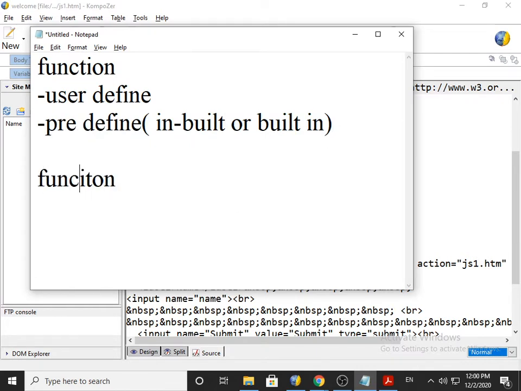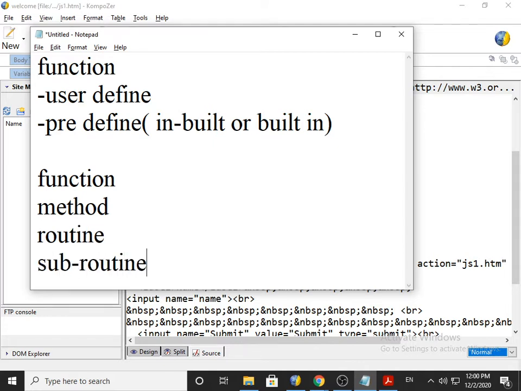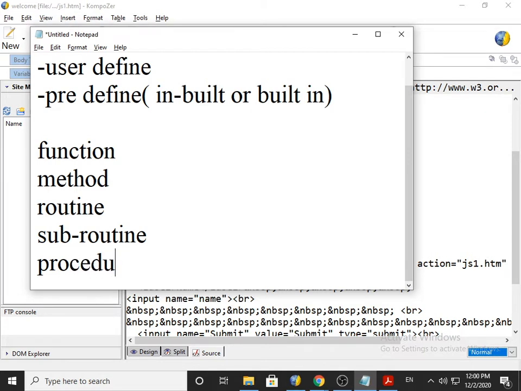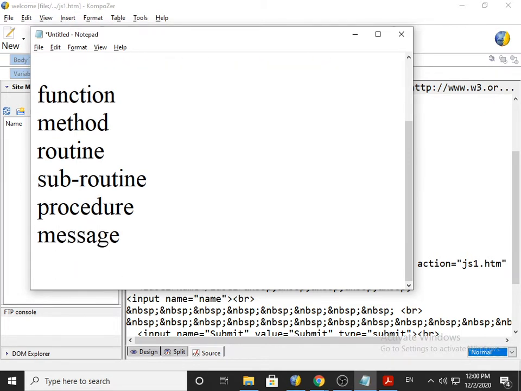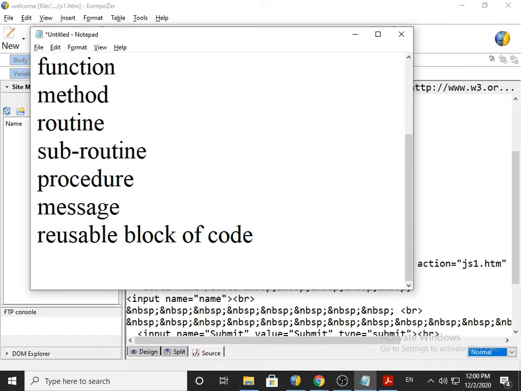Function, method, routine, subroutine, procedure, message, reusable block of code, operation, all these are same.